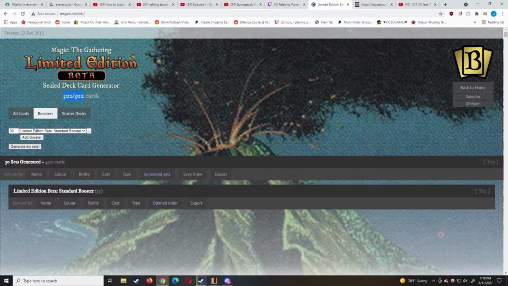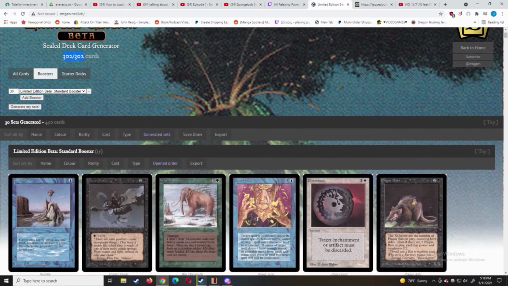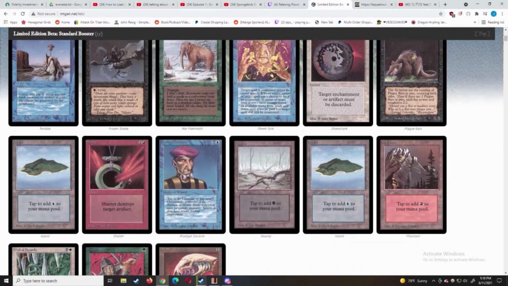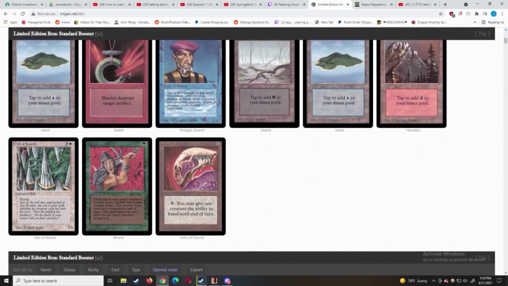Generate the sets. First pack. I'll first just look at all the rares in the packs, and then after I look at all the rares, I'll check out all these other cards that I'm not familiar with. Alright, first rare. Helm of